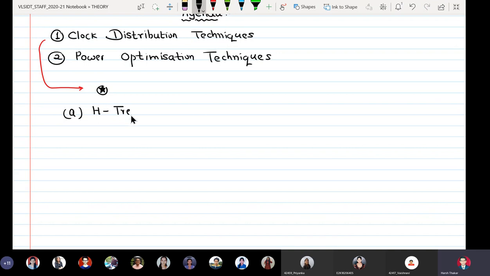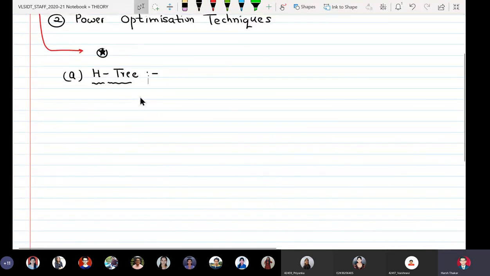So the H tree method, when you actually see how this method goes about, you will appreciate why it is called an H tree method. Some of the features are, first, that the H tree method makes clock delay more predictable.